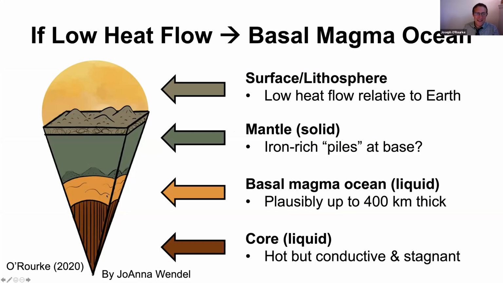This is saying that Venus has a basal magma ocean. So on Earth right now, we know that except for maybe a kilometer or two at the very base of the mantle, the silicate mantle of Earth is completely solid. But I'm positing that the basal mantle of Venus could be molten, and that there could be a molten layer that is up to 400 kilometers thick. And if we detected this, that would be the signal that Venus over time has been cooling slower than Earth. Let me walk you through why I believe that is true.